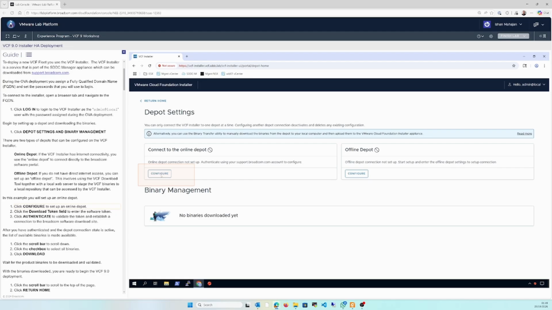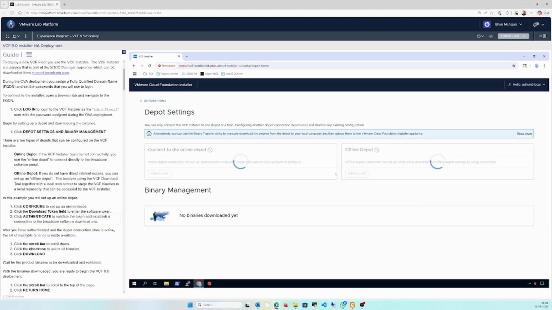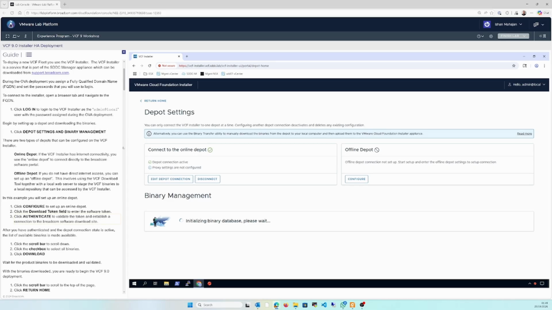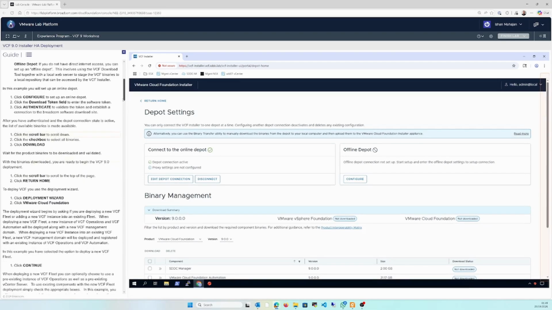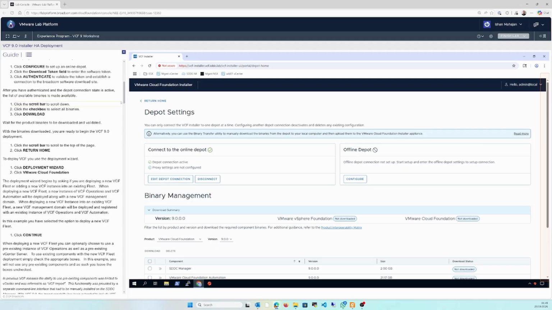So click on configure. Click on token field to enter. This token is generated from support.broadcom.com to connect to the online depot. So once this has been done, then the binaries will authenticate, and this token is being used for authentication. After you authenticate and the depot's connection state is activated,